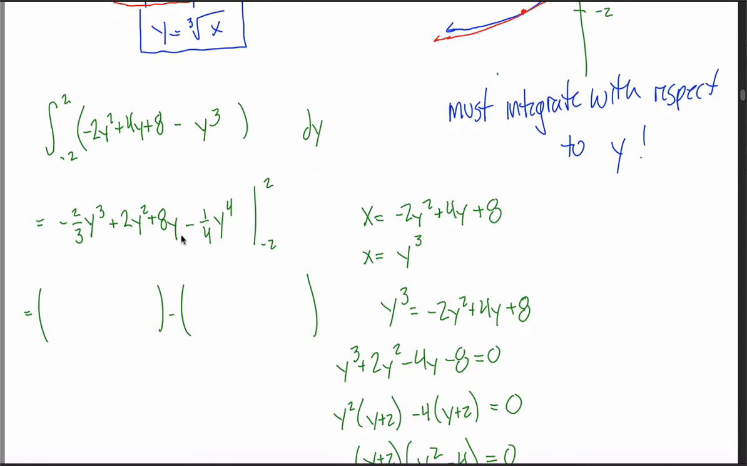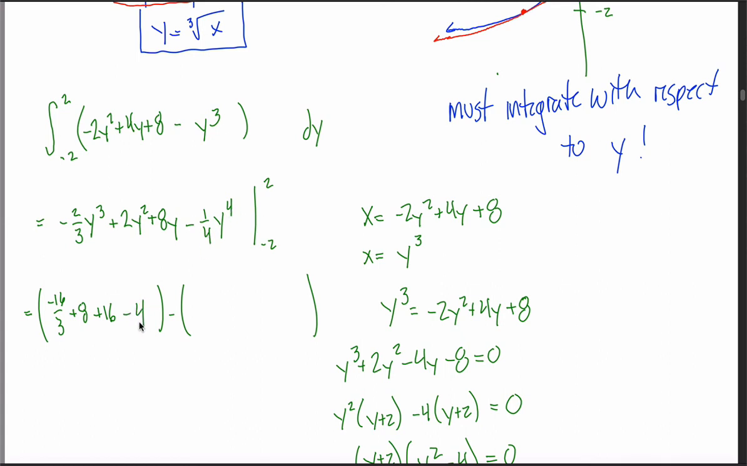It's a little bit tedious to plug in the numbers, but I think we can do it. 2 cubed is 8. 8 times negative 2/3 is negative 16/3. 2 squared is 4, and 4 times 2 gives me 8. 2 times 8 gives me 16, and then 2 to the 4th power is 16, and 16 times negative 1/4